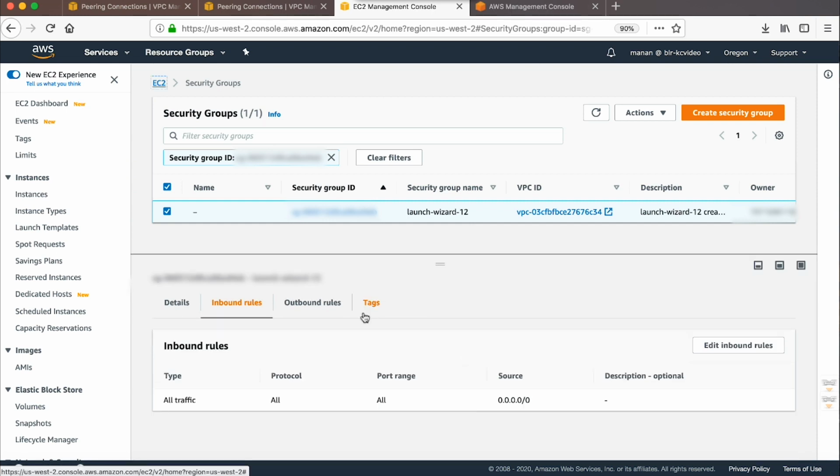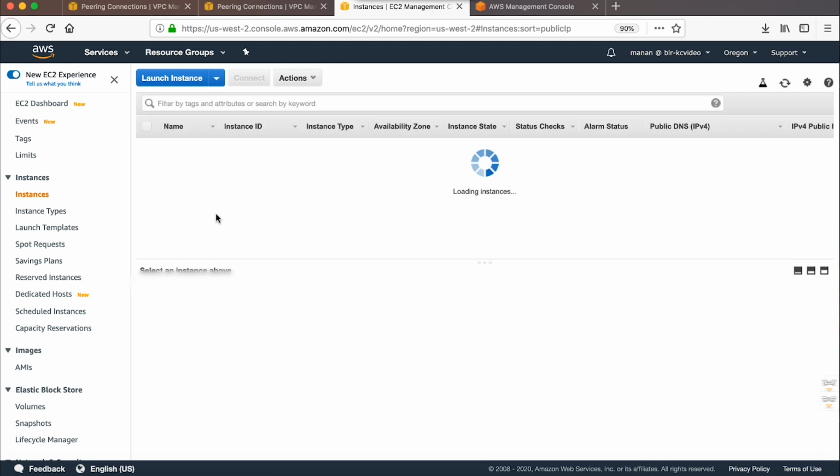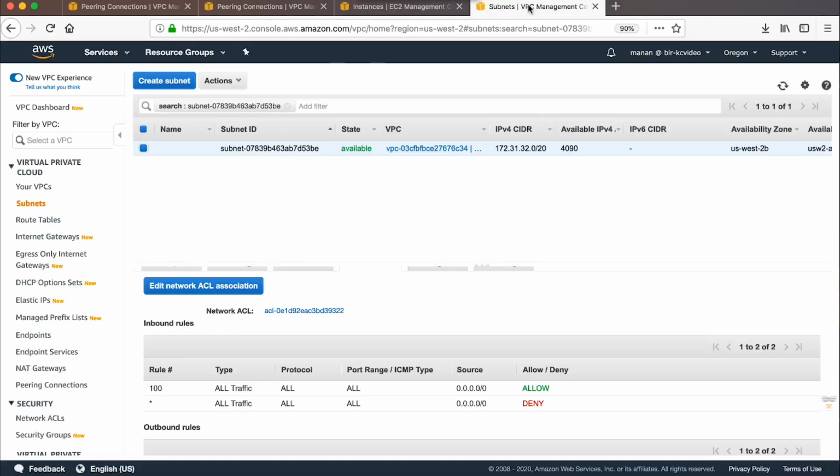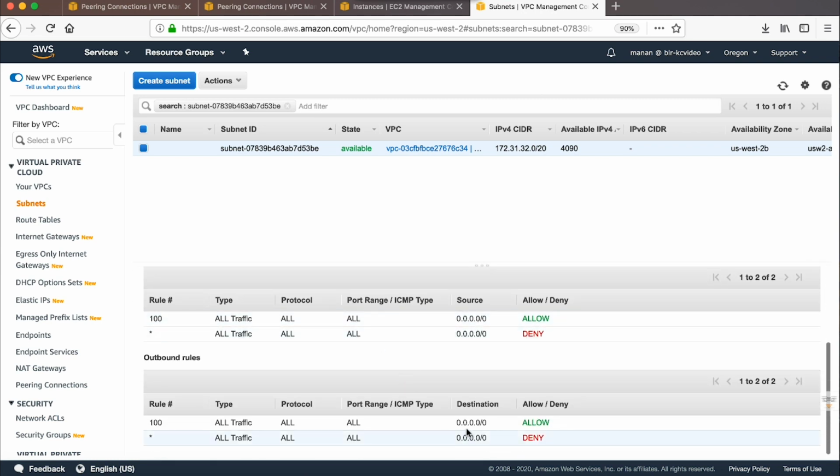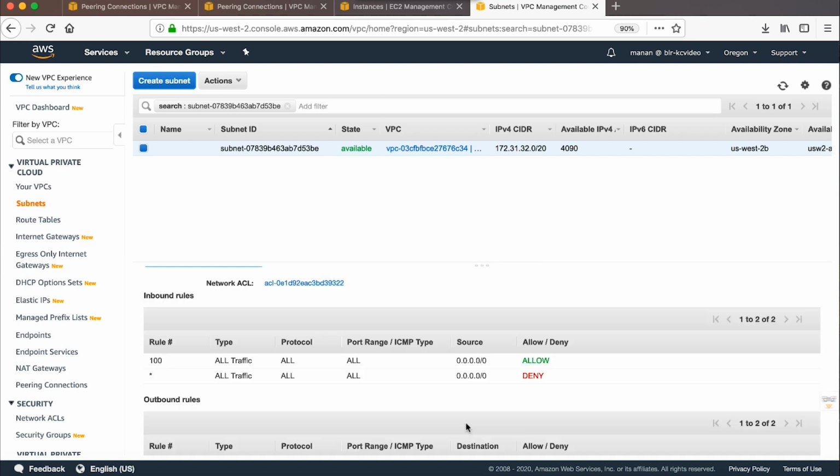For the network ACL of the subnet, verify that there's a rule in egress to allow traffic for the load balancer subnet on the load balancer's listener port. In ingress, verify that there's a rule to allow traffic to the instance IP or subnet on ephemeral ports for response traffic. Note that I am using the default network ACLs for my instance subnets. This allows all the traffic from VPC-A.